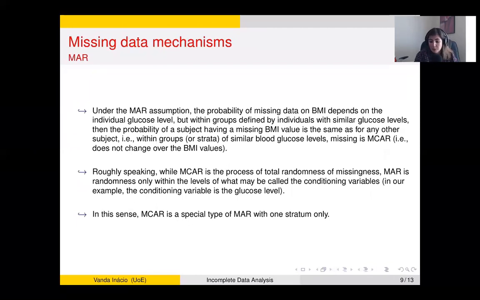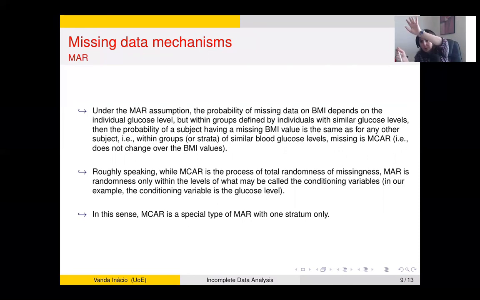And although the probability of missing data on BMI depends on the glucose levels, if we form groups defined by the glucose levels, for instance, a group of individuals whose glucose level is between 80 and 90, another group of individuals whose glucose levels are between 90 and 100, and so on and so forth,